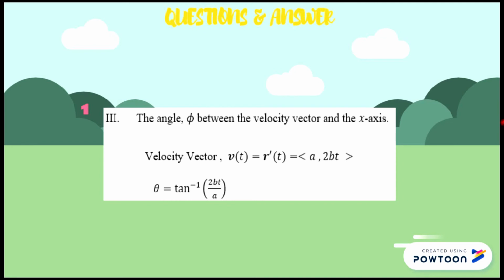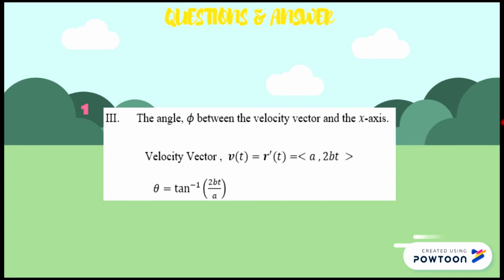And then we write tangent to the power of -1 in the bracket of y over x, which is 2bt over a,